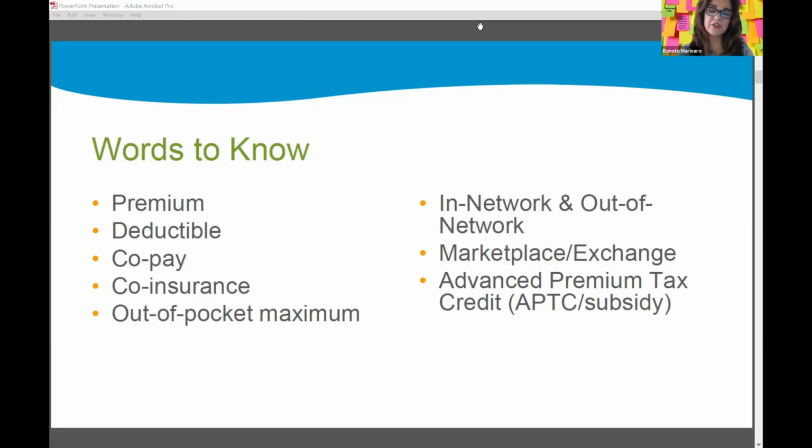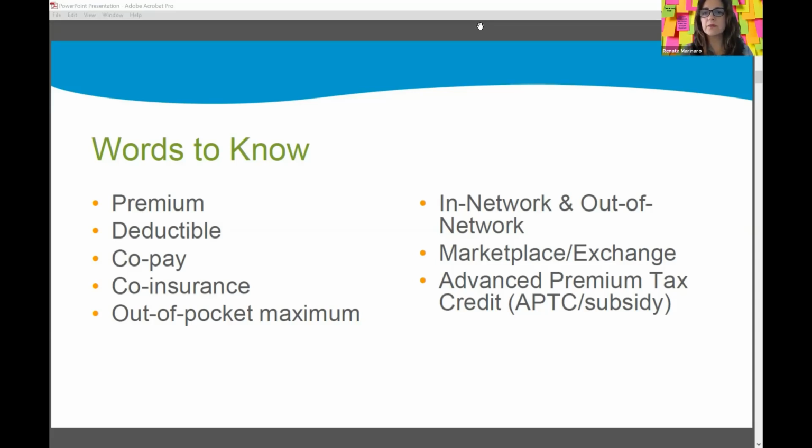If you go off the exchange, that's not the case. So if you buy directly from an insurance company, they don't care how much money you make. They're just going to sell you a plan. It's a standard price. And if you lose your job, too bad, right? But with the exchange, they do care. So that's the difference. The advanced premium tax credit is the subsidy. It fluctuates with your income. And if you make a certain amount of money, you would be eligible for a subsidy of a certain amount. And that basically just lowers the cost of your monthly premium.